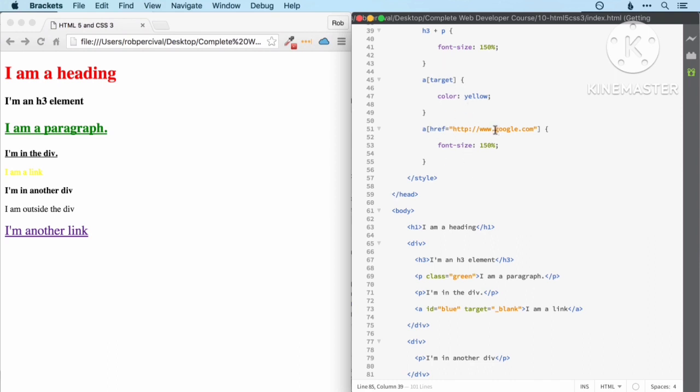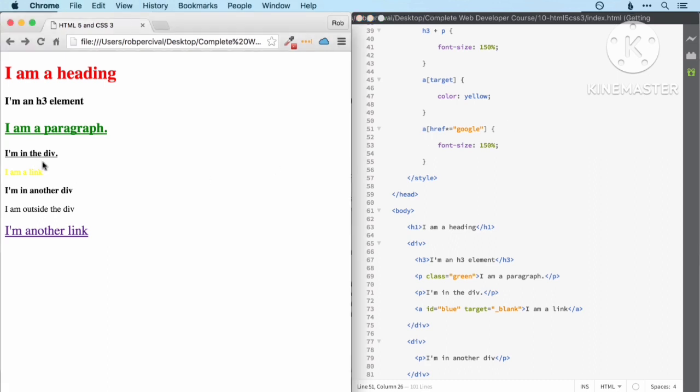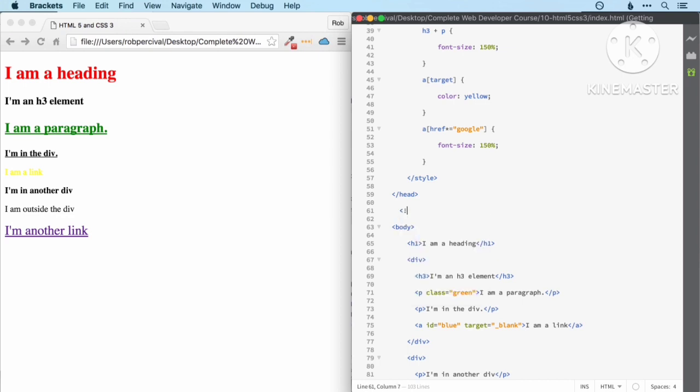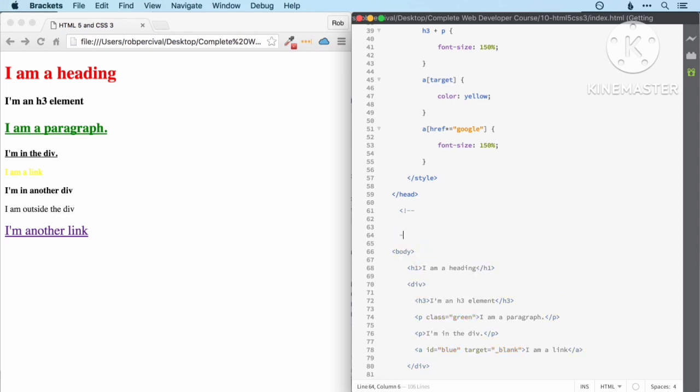We could even select links which go to anywhere on google.com using star equals, which means that the href just has to contain google.com. We could even make that just Google. And that will in this case do exactly the same thing. But this would then be more general and only select links which had Google in them somewhere. We can also customize this in a number of other ways. So if I add this as a comment,